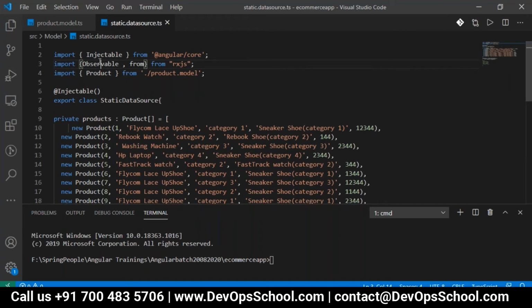So the observable emits items over time to an observer; if you are subscribing, only then will you be able to get the data, else we cannot. Within this we can have callback functions to handle the data items or notifications received from an observable. So that's how we will be going with the observable and the data.